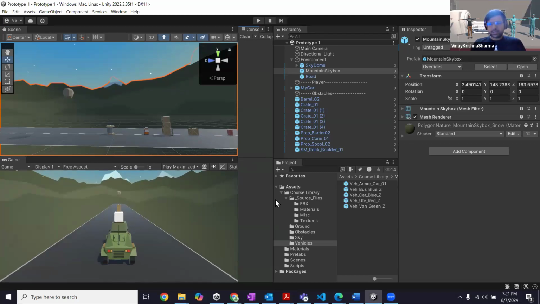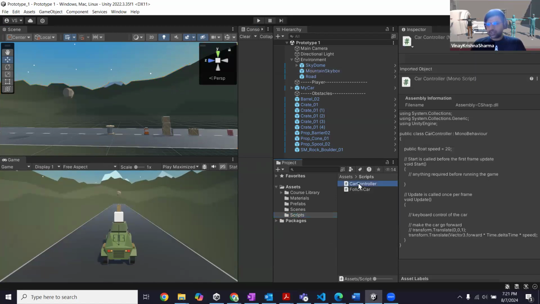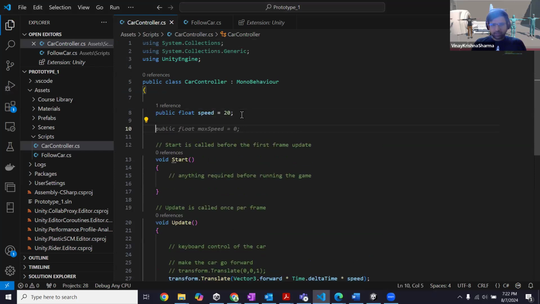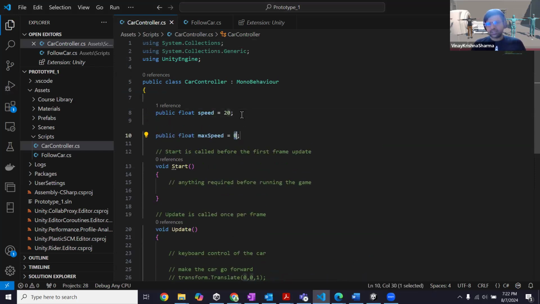So for that, I'll just go to my scripts folder. I'll open my car controller script because moving left and right is also a part of the car controller, right? So what I'll do is I'll create a public variable. See, it's already giving me suggestions. So I'll do public float turn speed. Turn speed is how fast I want to turn. Basically, the angular turning speed, right? Turn speed,